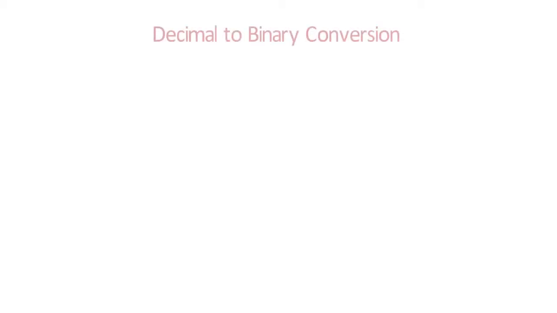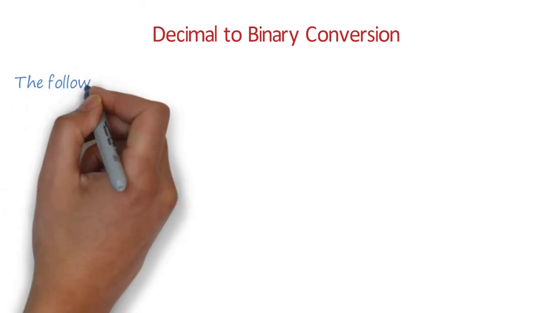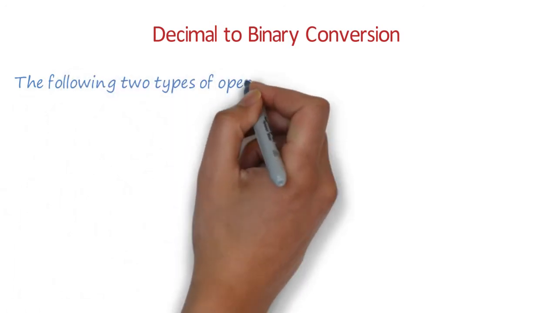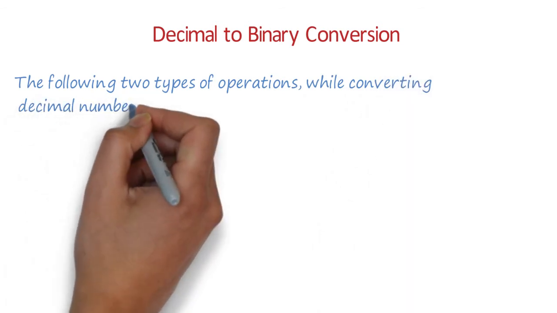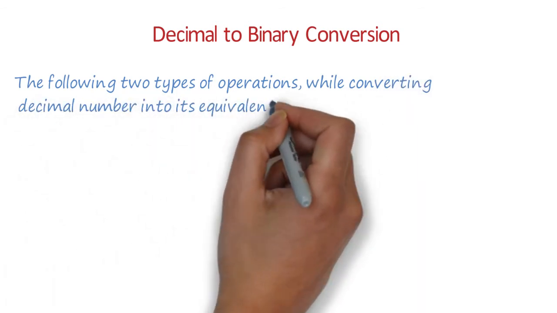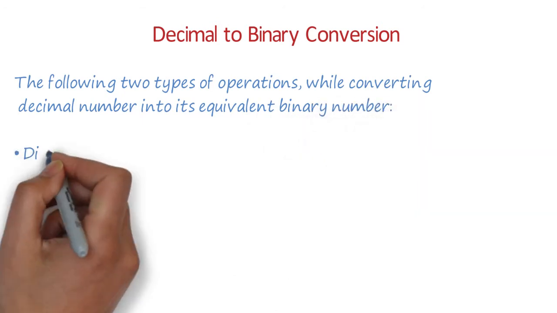So in this video, we are going to see how to convert decimals into binaries. Whenever you are converting decimals to other number systems, you have to consider the bases of those number systems. Like if you are converting from decimal to binary, then the base that you will be considering will be that of binary, which is 2.